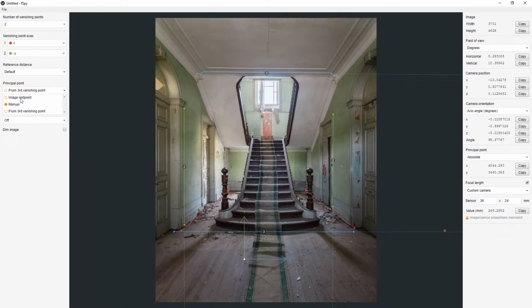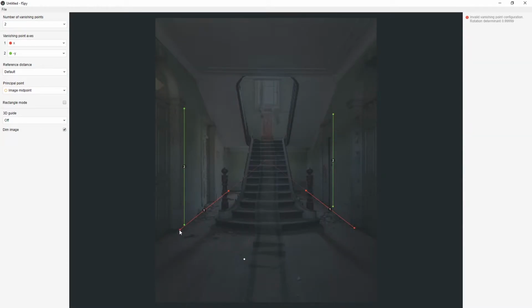So for the most part, I typically just stick with using image midpoint. And so this gives me kind of what I expect. Right now we're looking at a focal length of about 20. Now, if you get things like this, where you're moving around and you get this image rotation error, the configuration